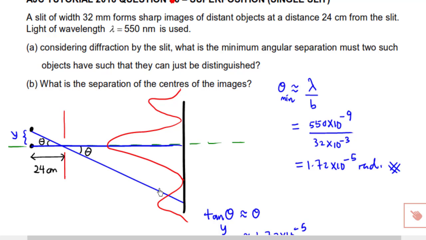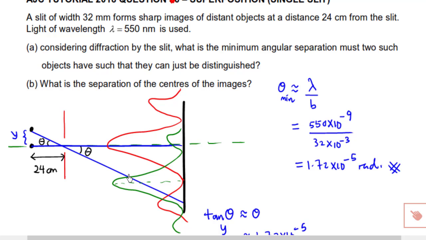What about this? What about this one? Let's say I use another color. From this one, you will form the maxima. You must form it here so that it's just distinguished, right? So it will be here. All right. So now, to get two distinguished objects, you must ensure that the first minima of this one